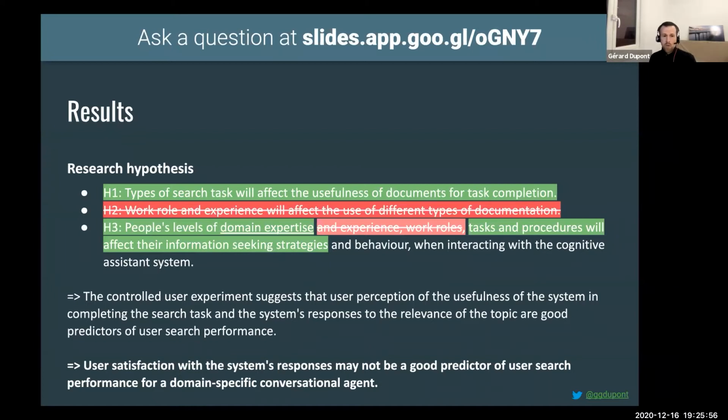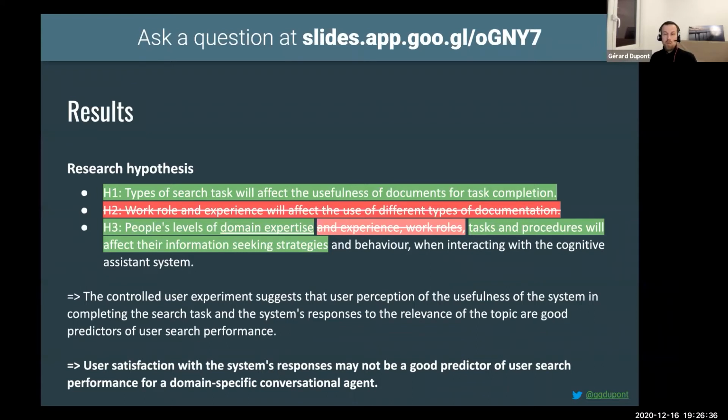And the last point is that user satisfaction with the system is absolutely not a good predictor of the search performance. That was actually more important for us, this negative result, which is just saying that if the users are happy with the system, it doesn't mean that the system is good. That's very important because as we develop this prototype further, relying on user satisfaction and their perception of how happy they are overall using this system, is it a good predictor of the usefulness of the system? And actually, our study showed that it's not.